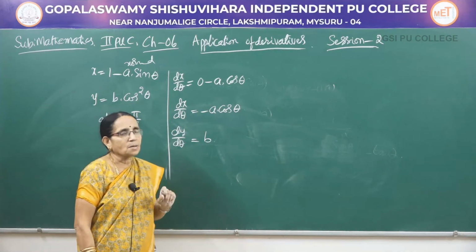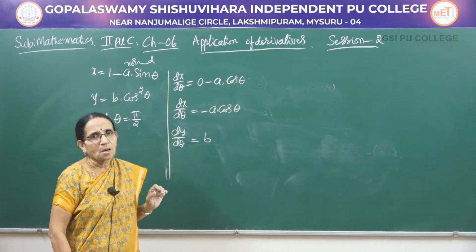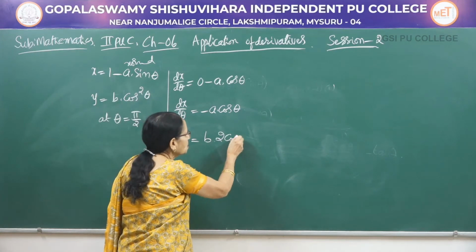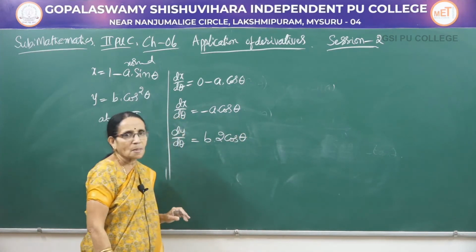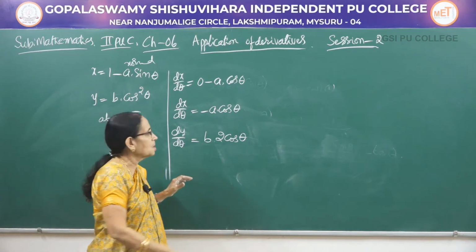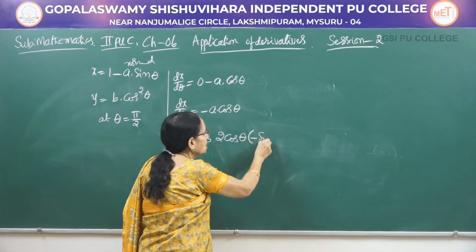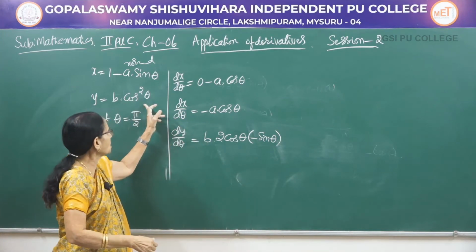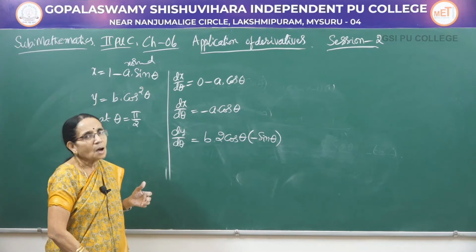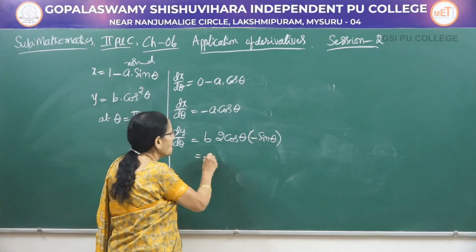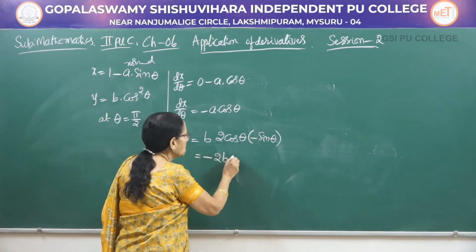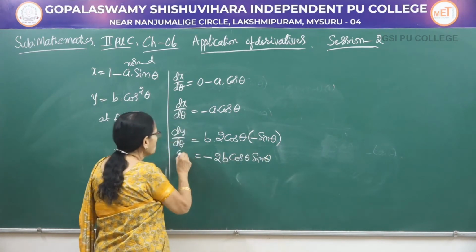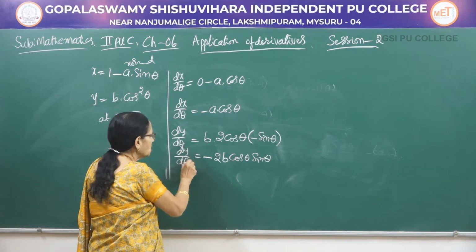Now cos square theta, again it is a composite function. So what you have to do? You have to apply the chain rule. Cos square theta becomes 2 cos theta, like x square becomes 2x, but cos theta is minus sin theta. So it is a combination of 2. The base is a trigonometric function, the power we take it as an algebraic function. Therefore, we have minus 2b into cos theta into sin theta. Now, this is the value of dy by d theta.